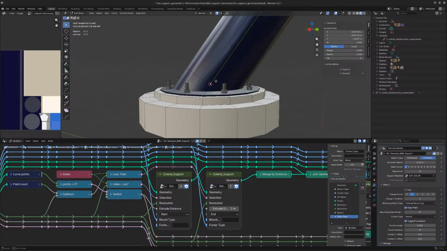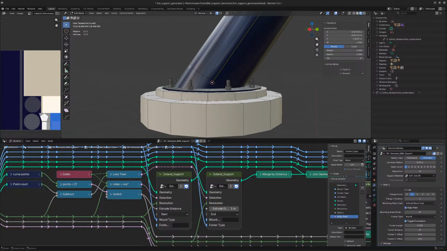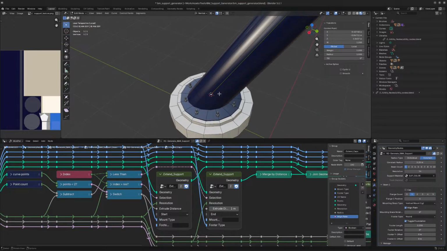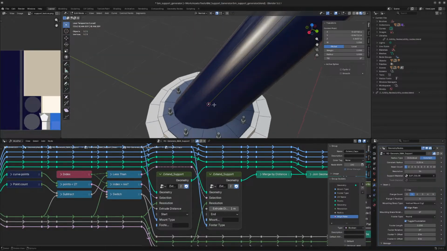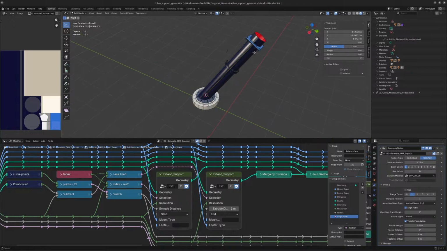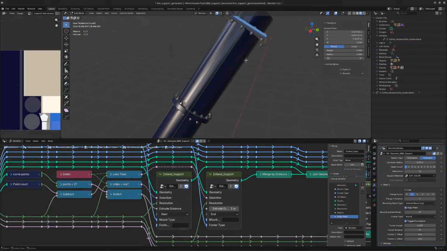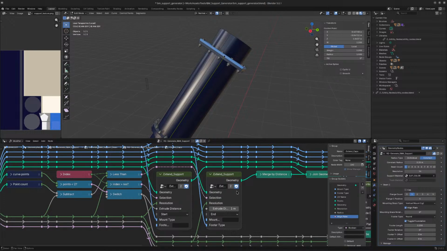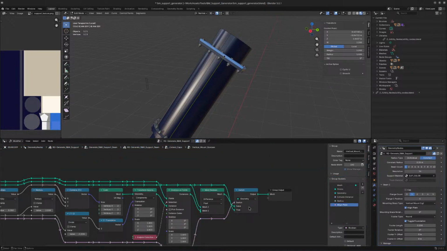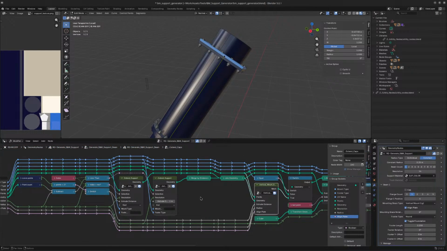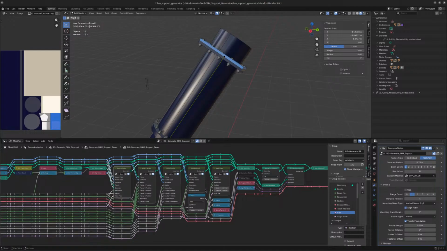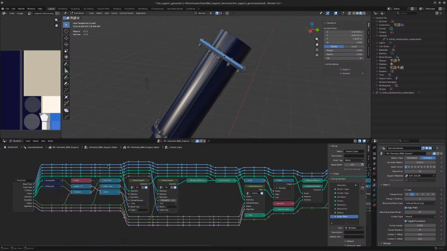So to fix it, I added or extended the support and then just boolean chopped off there. So now we kind of have to deal with this extra part here, which automatically places itself there when